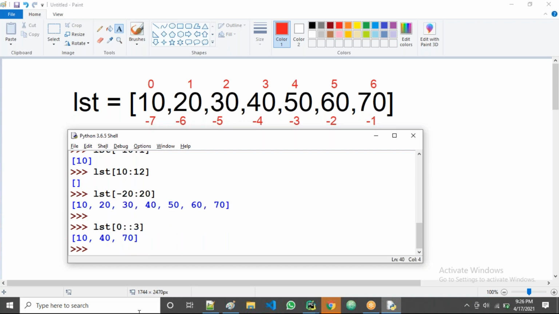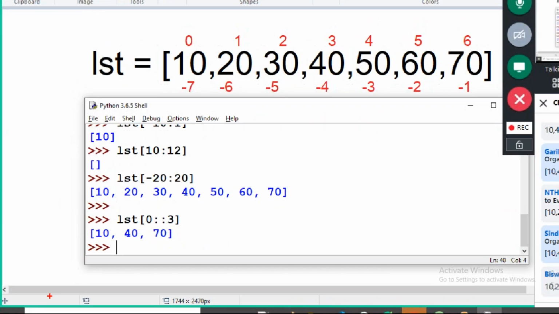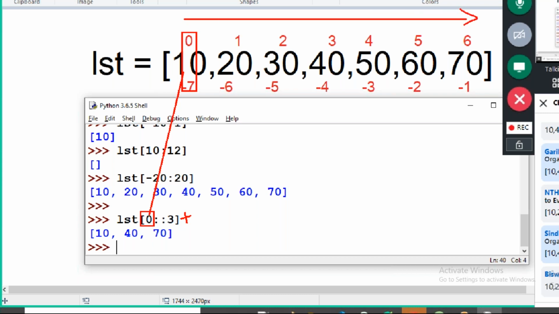What's the output here? Yes, guys, right? 10, 40, 70. How is it possible? Observe now. Starting value, right? 0, guys. Where is 0? Yes, here 0 is there. From there, I want every third element, right? That also in increment value, plus value is there. Plus value means take the forward direction steps. If it's a minus value, we take the backward direction steps like this. That's the difference. Okay. Now here plus value is there. Every third one, like this is the first one, second one, third one, guys.